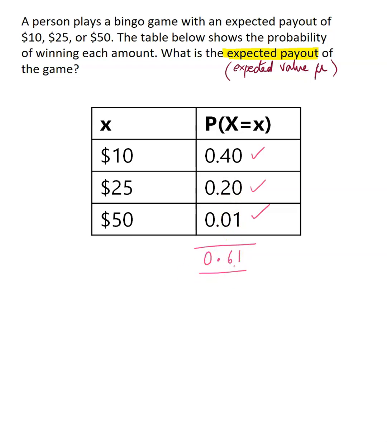It adds up to 0.61. So if you think of it as 100%, we only have 61% adding up. So if you subtract this, what we're left with is 39%, right? So we have 39% that's unaccounted for. Now because this is a bingo game, if 39% is unaccounted for, what it means is that for this to be a probability density function, you need one more